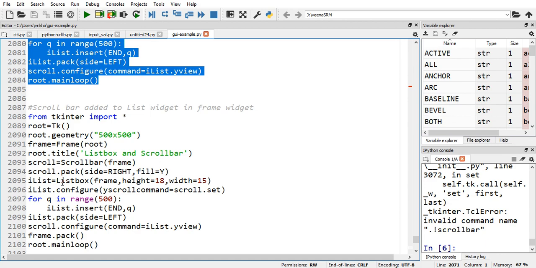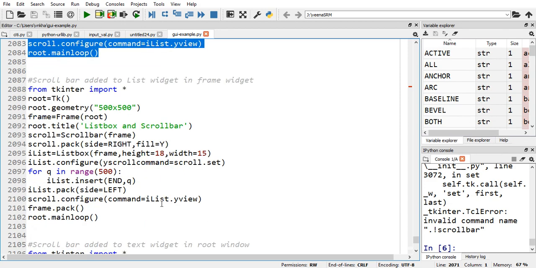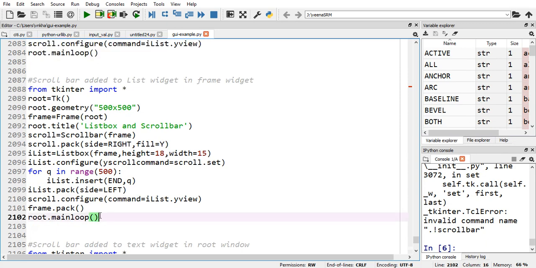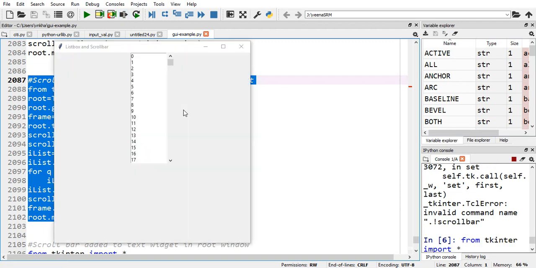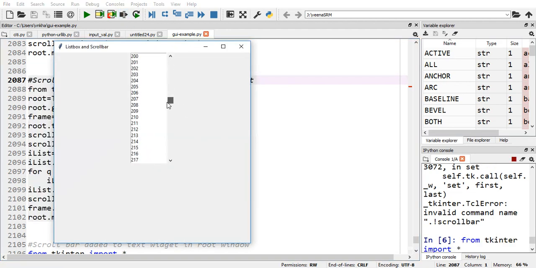The list box is also defined inside the frame, and because it's a vertical scroll bar we write y scroll command, and command equals yview. Because it is a list, I write ilist dot yview. When we execute this set of commands, we see that now the scroll bar is attached to the list and not to the frame, not to the root window which was there in the earlier case.